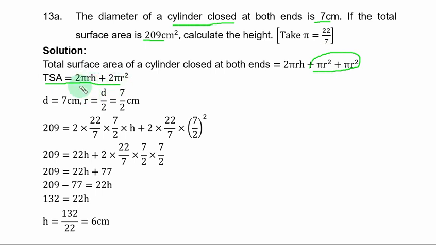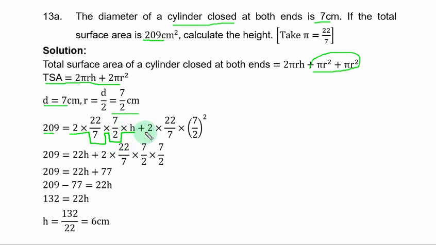From the formula, what we need is the radius, but you have the diameter equal to 7, and you should know that if you divide the diameter by 2, it gives the radius. So the radius is 7/2 centimeters. So TSA is 209, equal to 2 times π, 22/7, times radius 7/2, times height, that is h, which is unknown,